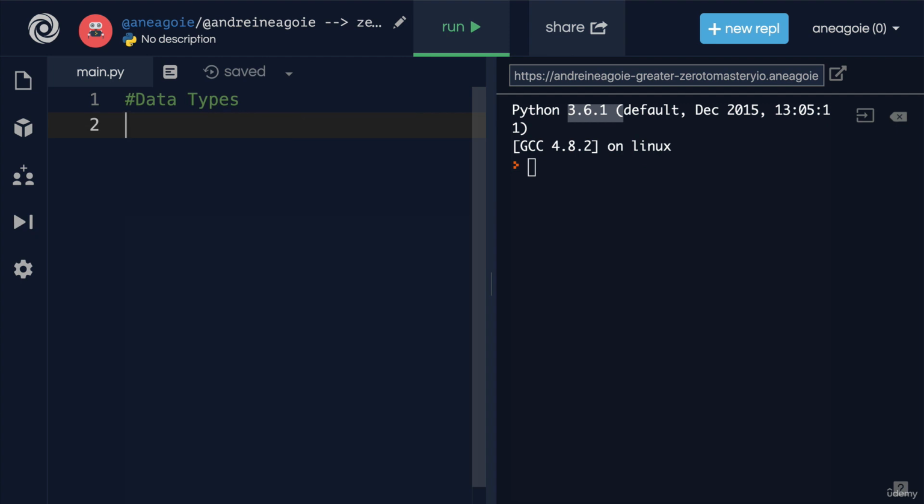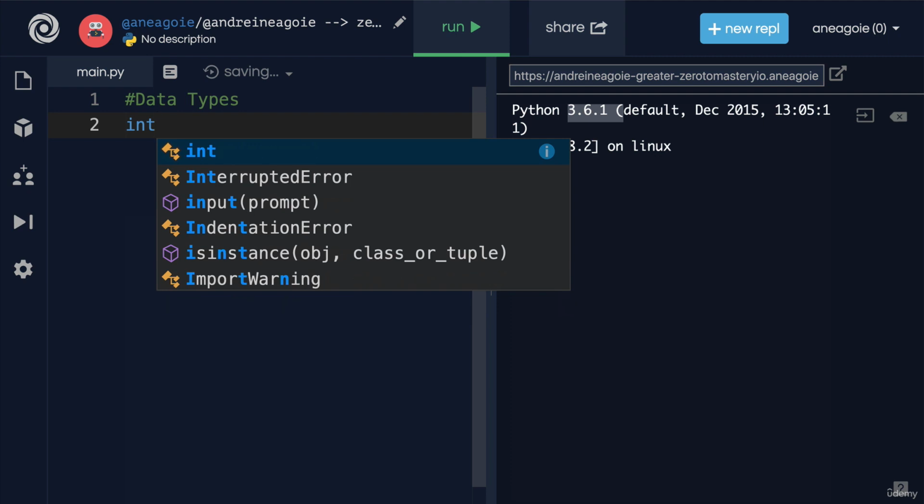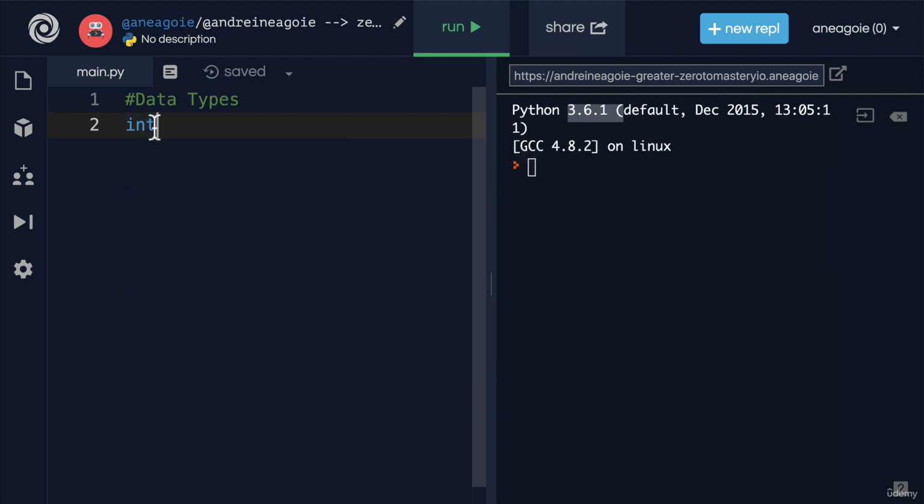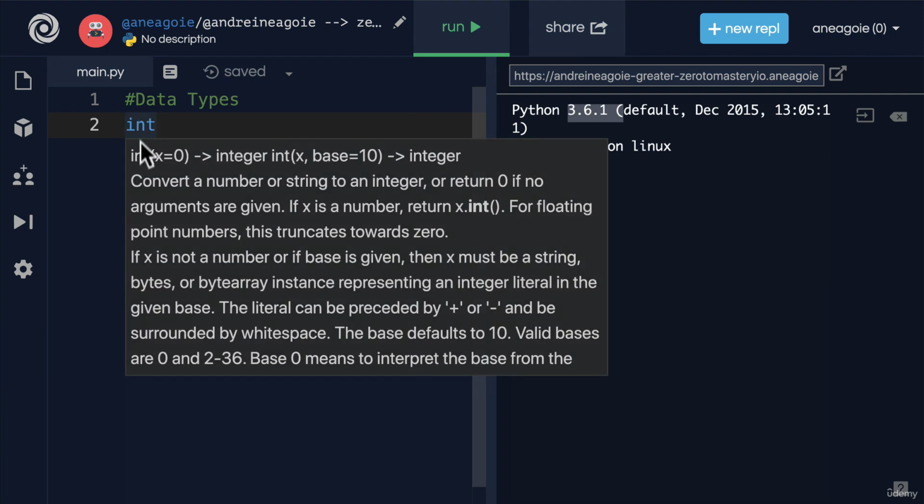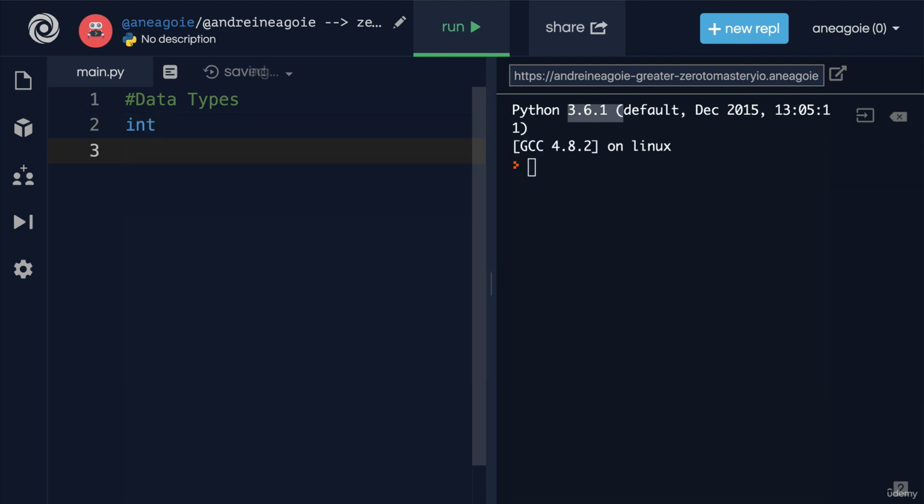And Python has several available to us. Now, I'm going to list them out for you, and then we're going to talk about each one individually. First, we have something called int. And you see right away when I type, I have the REPL already give me a hint, and it's highlighting it. If I hover over it, it shows me that int stands for integer. We also have something called float. We have bool, which stands for boolean. We have str, which stands for string,